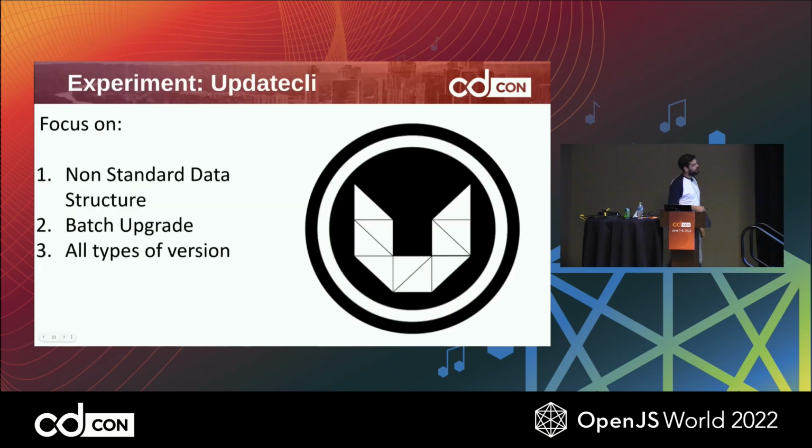So that's how I started building a project named Update CLI. The way it started, I was maintaining the Jenkins infra project. I had quite a lot of dependencies, and I had a lot of non-standard structure, because the Jenkins project has the age that it has. And so we not only have Kubernetes, we have Puppet, we have a lot of applications developed in different languages. So I was facing quite a lot of non-standard data structures, and I also needed a way to do batch upgrades